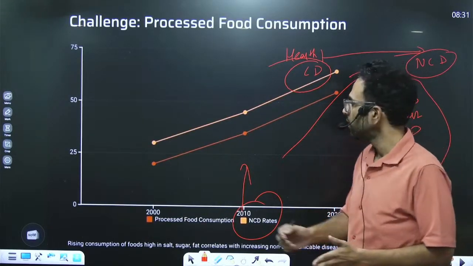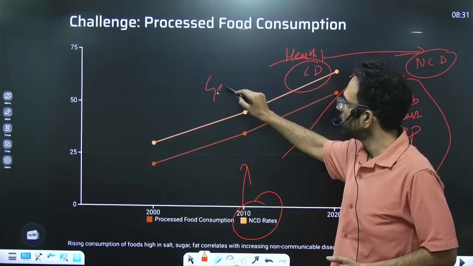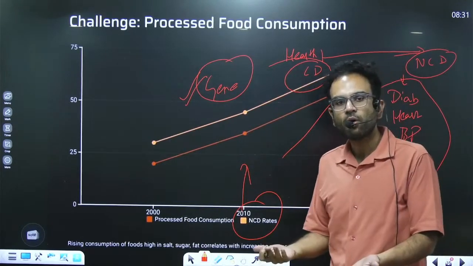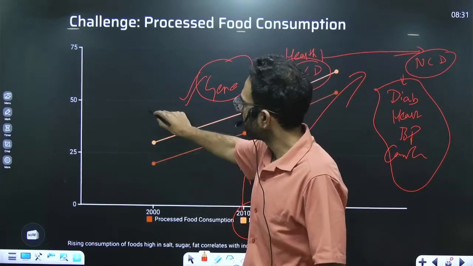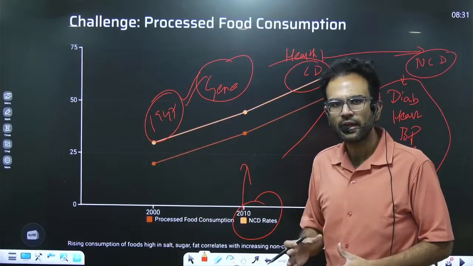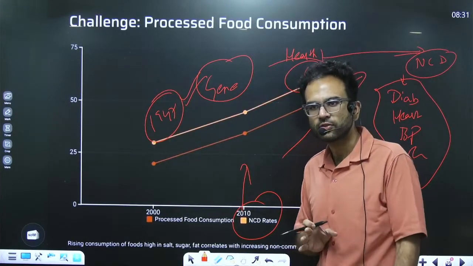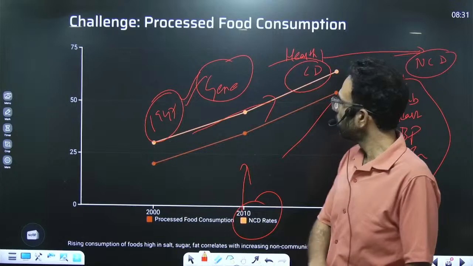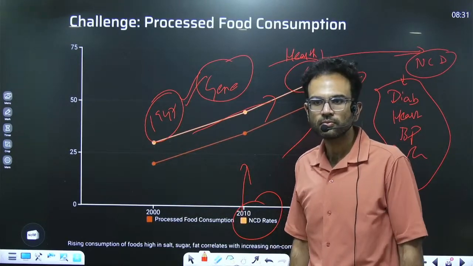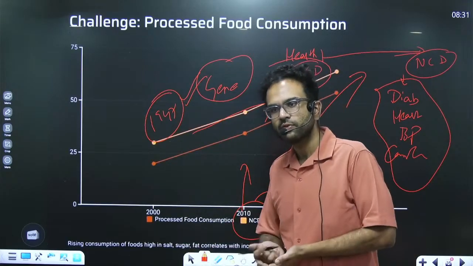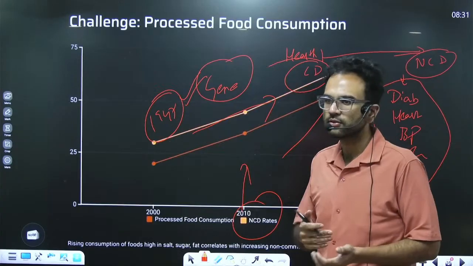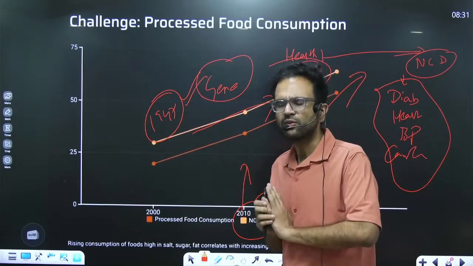And Indians have this deficiency gene because the previous generation starved and starved. Our genes have been modified, according to the science. Before 1947, if you take a look at them, they were almost lean, very efficient for the kind of food that they were getting access to. But now take a look at how diabetes is becoming so common because of our dietary patterns. Even most of us are not aware of this. But until someone educates us, that change is very slow.